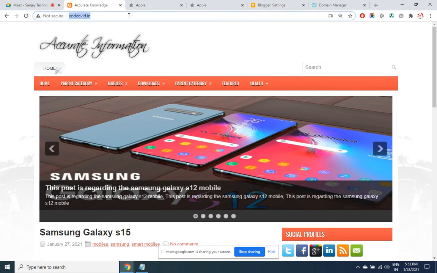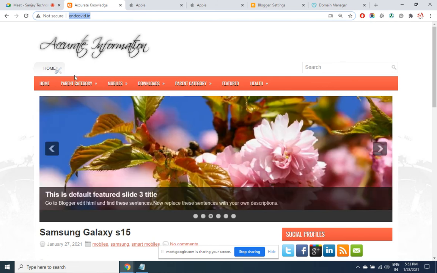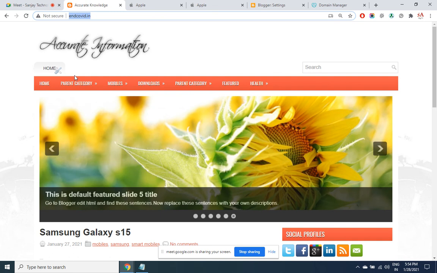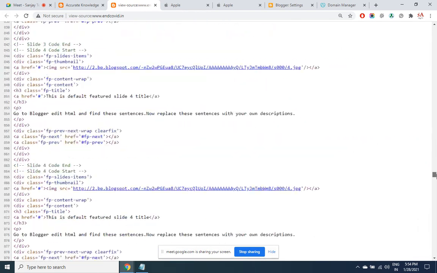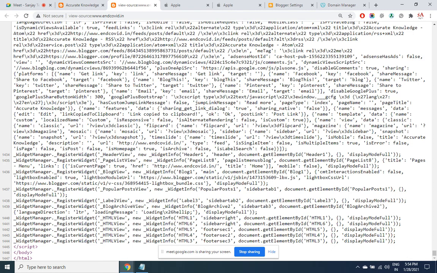The site gets created in a matter of hours. In 1 hour your private domain is ready. There are better themes than this, but I'm telling you what kind of margin you can enjoy. Hardly any coding work is here. And sites like these, to start from scratch, will definitely take 1 month. See, these are all the lines of code for each page. So first the person should have creativity, and then he has to input all this code without any syntax error for every page. So when someone has already done the hard work for the theme, why don't you make use of it? 99% of people do this.